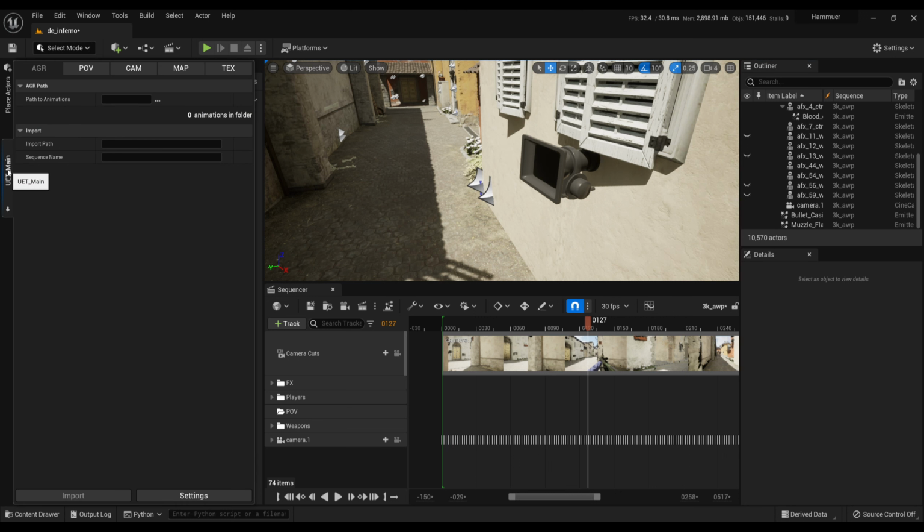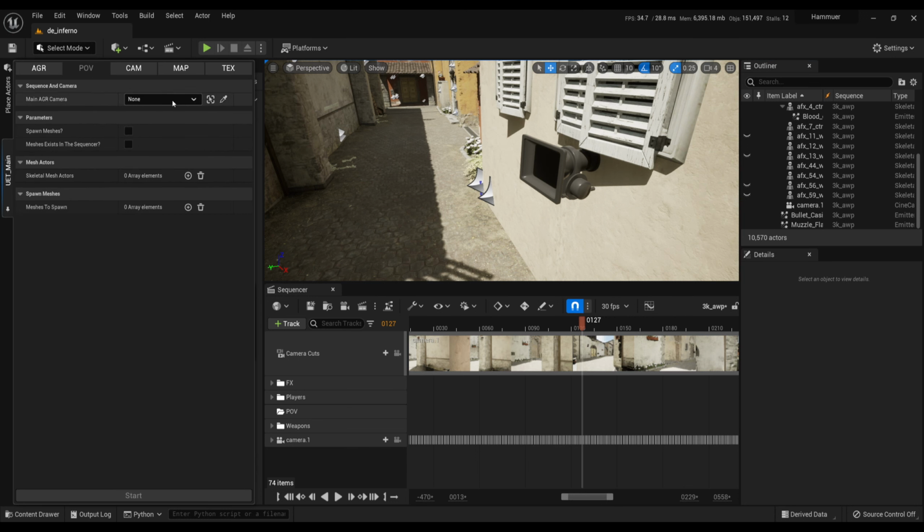Open the widget and go to the POV section. Select your camera, check spawn meshes and select the models you want.